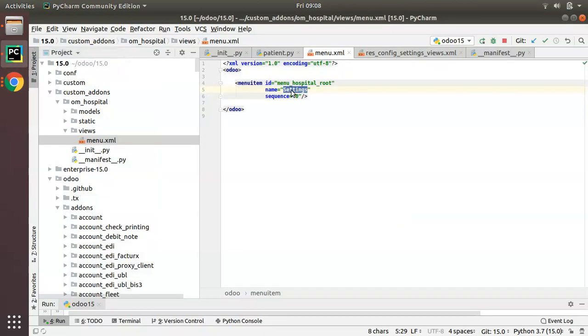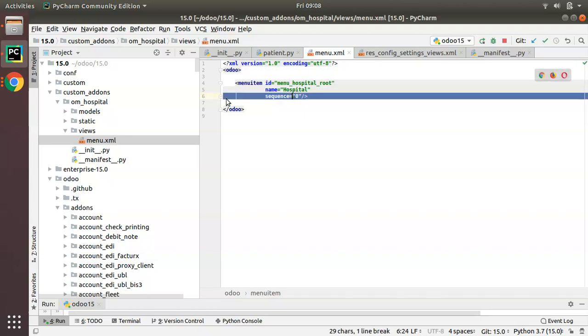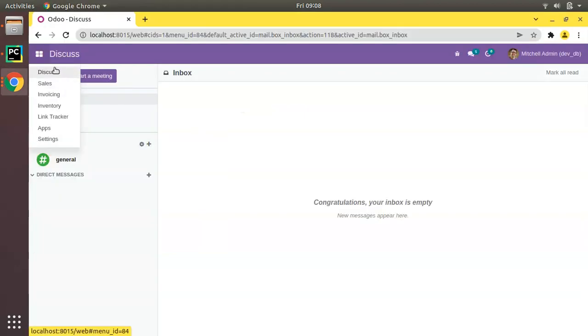So that is from the name attribute. I'll give the name as hospital. Then sequence. The sequence decides the order. Right now you can see Discuss is coming first because Discuss has the lower sequence. So the lower the sequence, the menu will appear first, as we discussed in the case